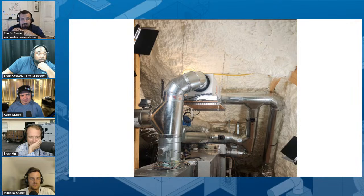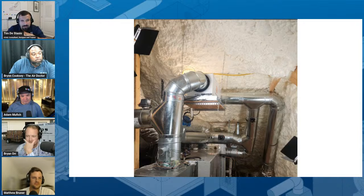The other thing I didn't want to do is actively breathe spray foam, because we really don't know. You're starting to hear some stuff where people say spray foam is probably not something you want to be actively breathing every day. So I'm also cheap, and I needed a dehumidifier for my home, because I'm in the South, and there's a huge latent load there. So I've got that 70-pint dehumidifier, but I did not want to get a second dehumidifier to control the humidity